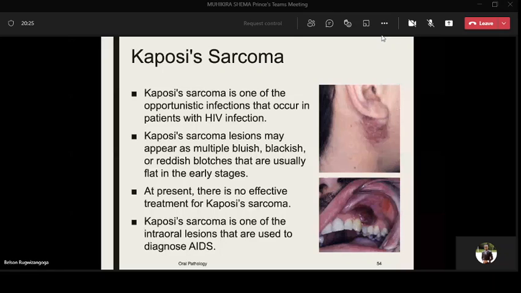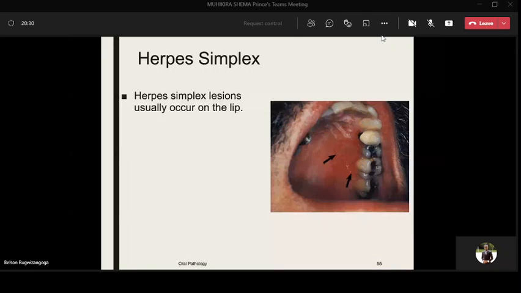So herpes simplex virus causes lesions on the lip. I think I have mentioned this, that when it is a virus, almost everybody may have it, but it doesn't cause lesions in all people. But when